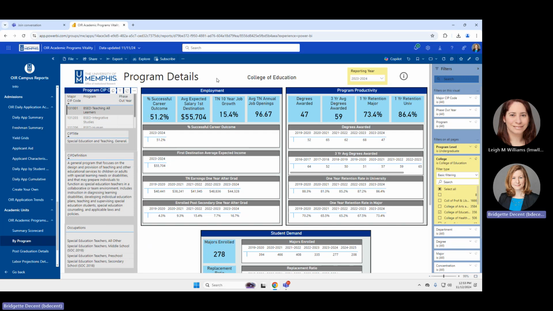And so if you go on this program details page, you can find out basically trend information of all of the variables that were on the preceding page. So trend information on employment, on your program productivity, and on